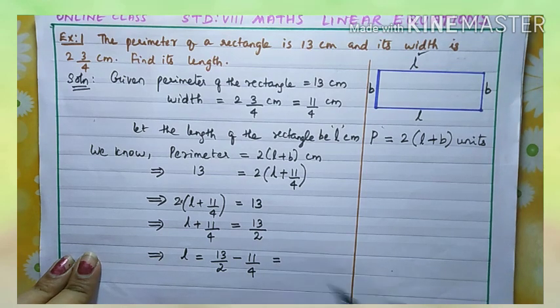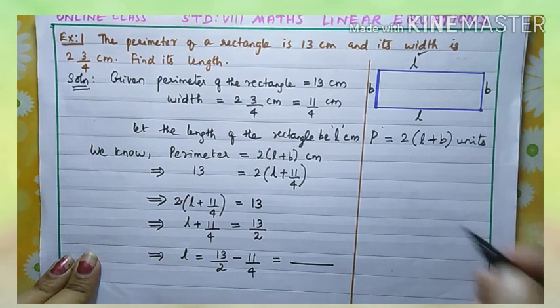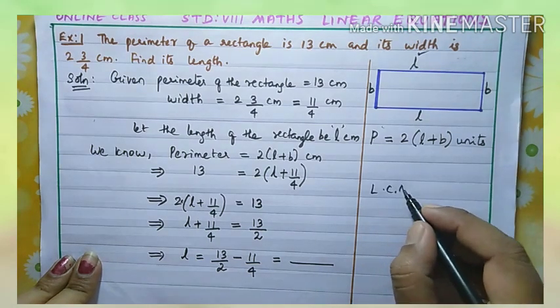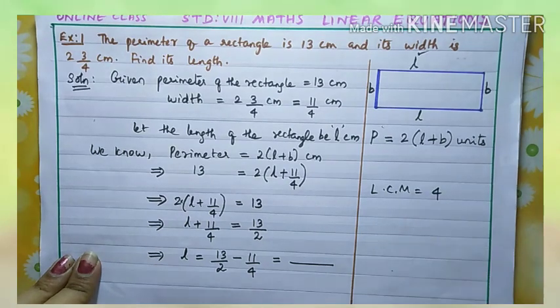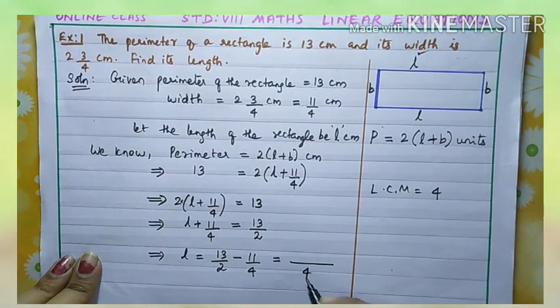So for the simplification, you see the denominators are different. So you need to find the LCM. So all of you do the LCM. What is the LCM of 2 and 4? LCM is 4. Okay. So LCM 4. First fraction convert into 4. You want to multiply by 2. So the same you multiply by numerator. 13 into 2 minus second, there is no change, 11.